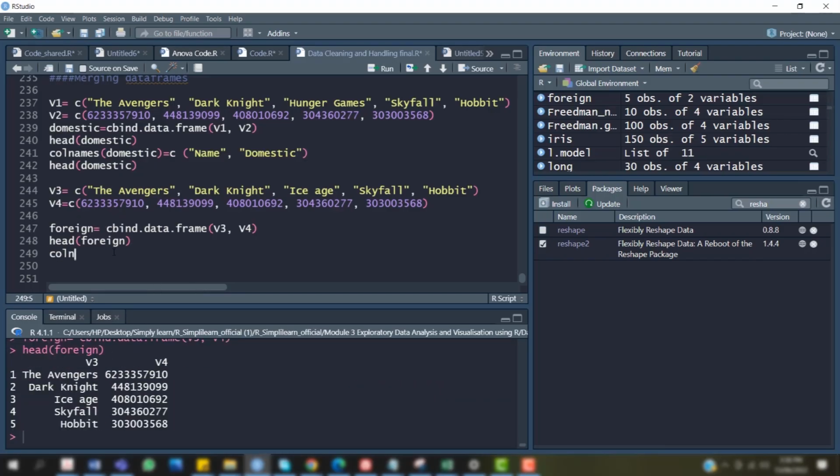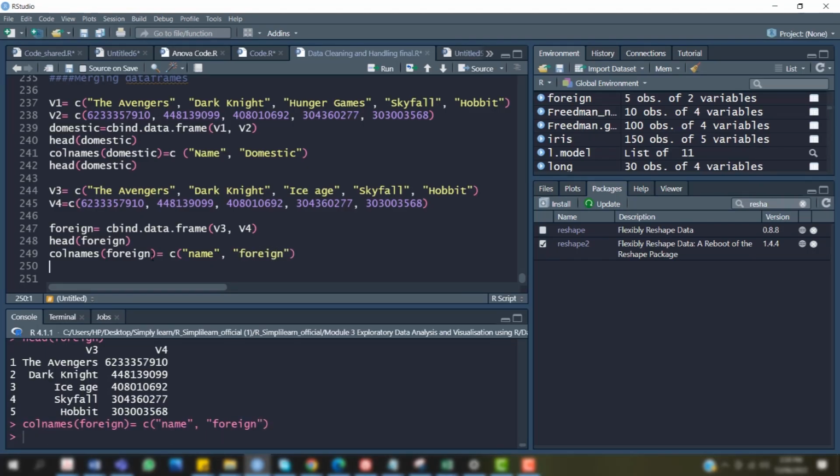Again, we'll switch the names. Please notice this time around, while giving the names, I will be using a slightly different notation. Instead of the exact name earlier, we'll use the small, not in caps. So notice, instead of Name variable earlier, I'm using small name with small n, and then foreign. So this name will be our joining variable, but I'm using a different syntax. So let's see the head. So now this is our name variable.